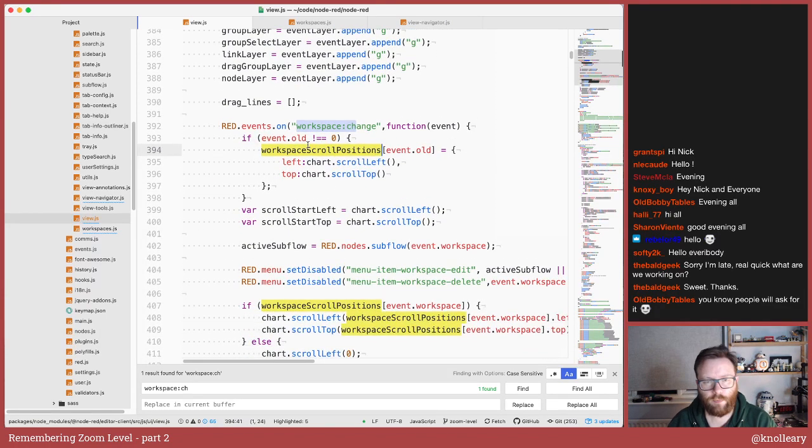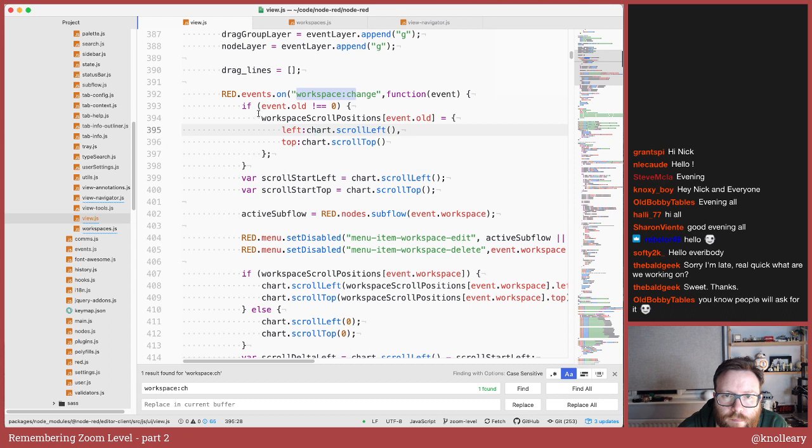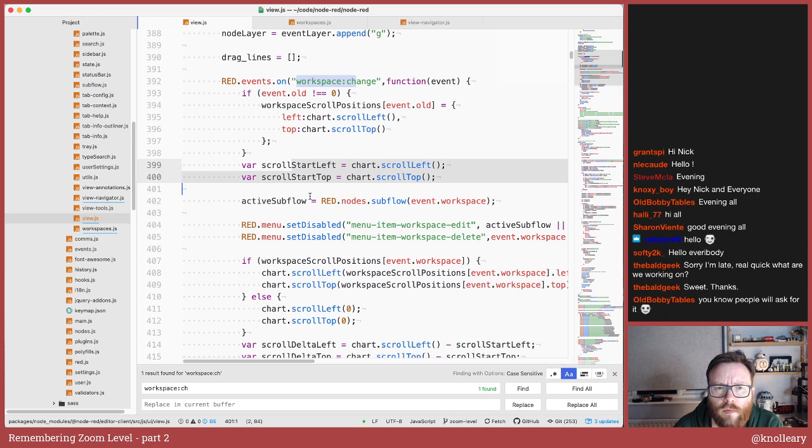Right, so this is the change event. Whenever you change tabs, it stores the current position of the current tab in this object, keyed by the event.old, which is the ID of the workspace that's being deactivated or being changed away from. So we store the old. What do we do next?